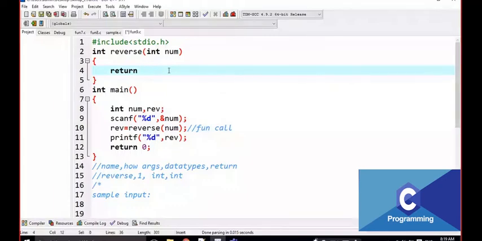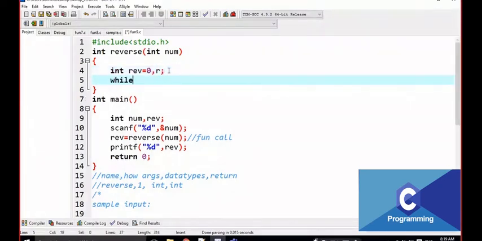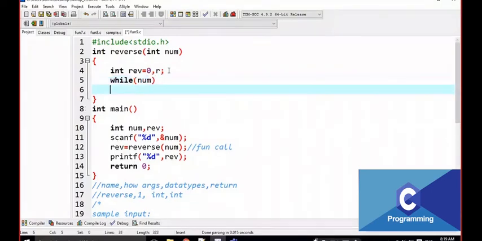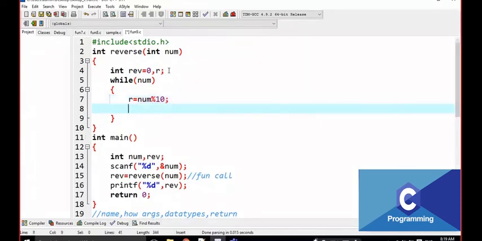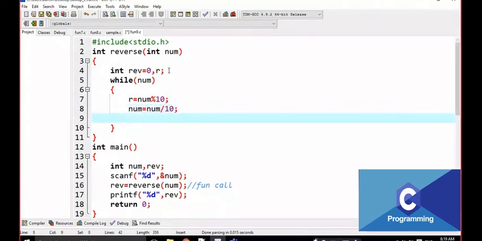Now I am going to take here REV is equal to 0, for the digit. And while num, r is equal to num mod 10, num is equal to num by 10, and REV is equal to REV into 10 plus r.